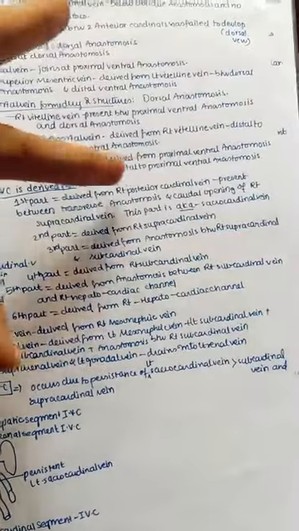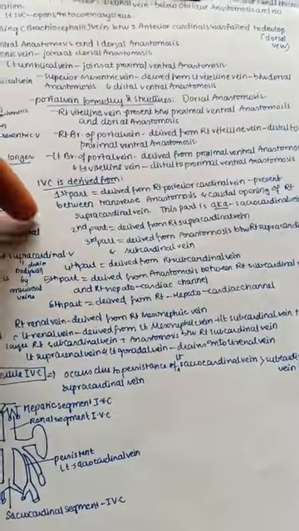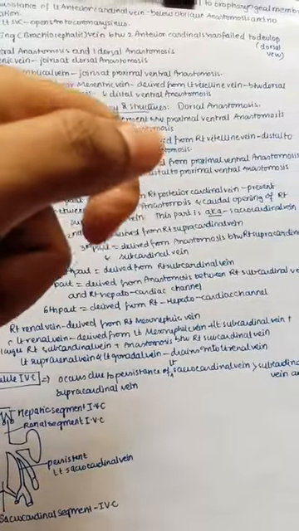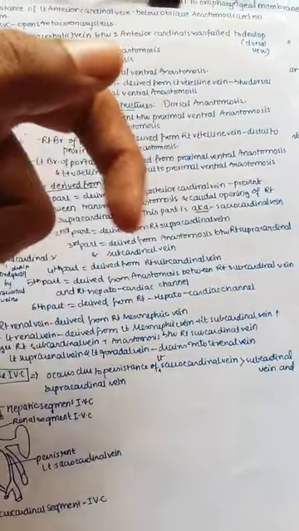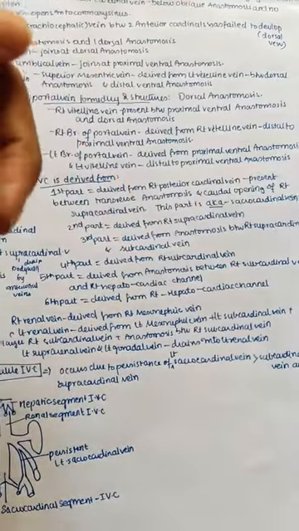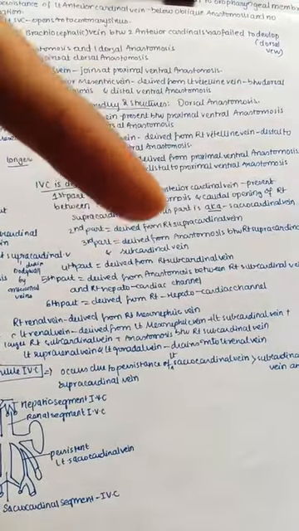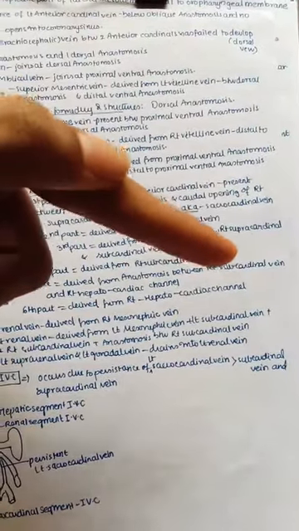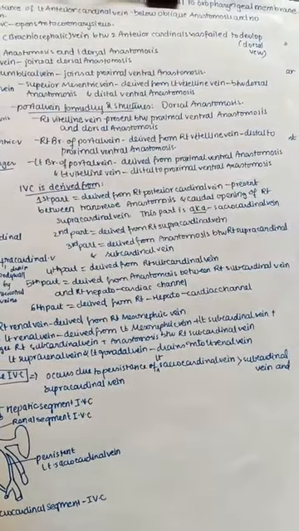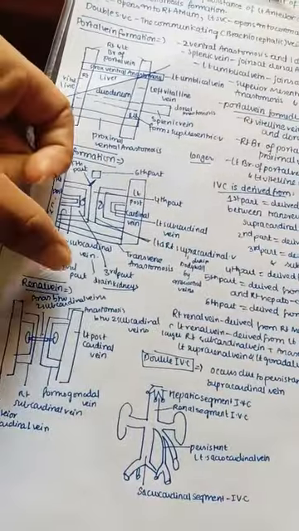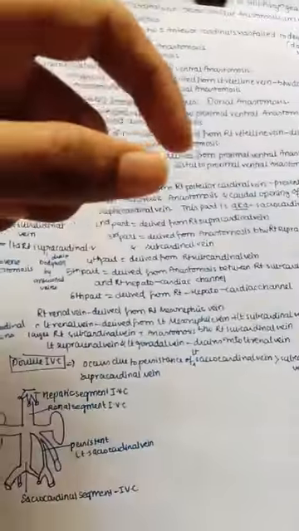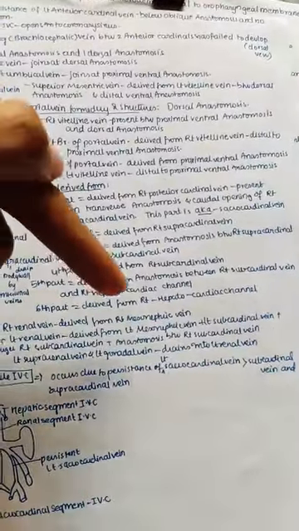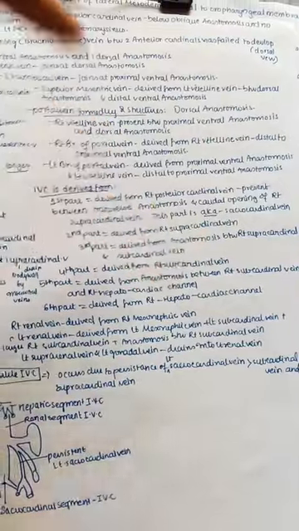This is also known as the sacrocardinal vein. The second part is derived from the right supracardinal vein. The third part is derived from the anastomosis between the right supracardinal and subcardinal vein. The fourth part is derived from the right subcardinal vein. The fifth part is from the anastomosis between the right subcardinal and right hepatocardiac channel. This is the hepatocardiac channel. The sixth part is derived from the right hepatocardiac channel.